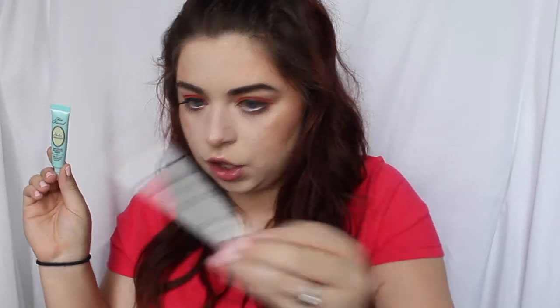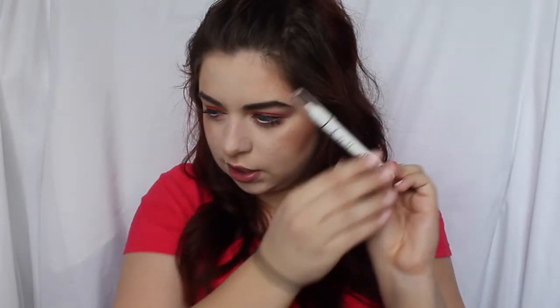And to prime, if you saw the video, you know how I primed, but if you didn't, I just blot my eyelids to get rid of the excess oils, because that's what causes your eyeshadows to transfer from the lid up into the crease area. Then I primed with my Too Faced Shadow Insurance, like I always do, and then I used a NYX Jumbo Eye Pencil like this one. I used the black one as a base, so that could have made the shadows more pigmented, but it also could have made them stick